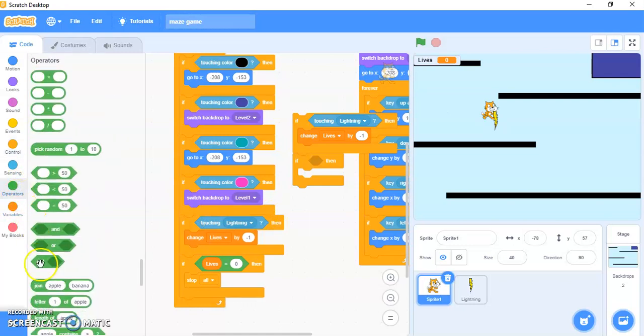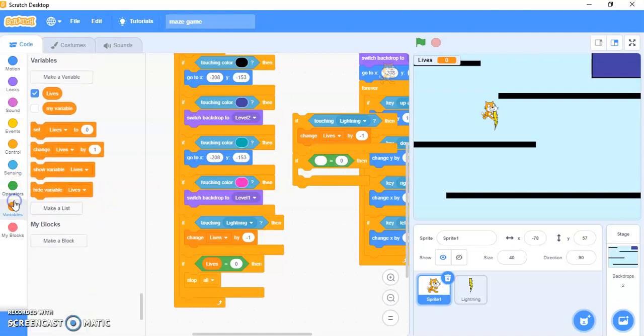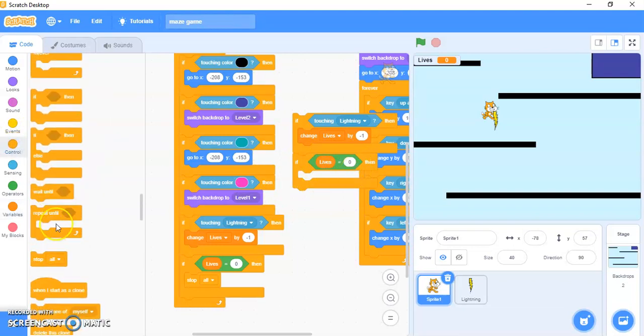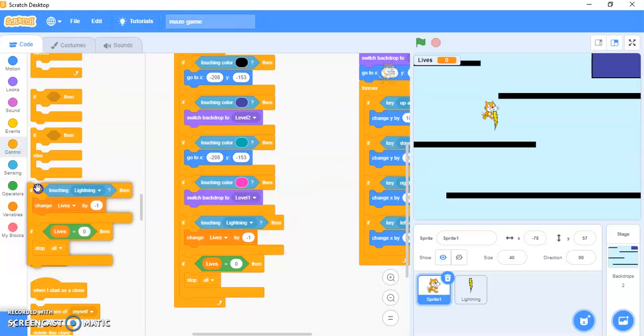Comparing comes in operators, take the equal to block, put it over here and change the value from 50 to 0, and for this one you go to variables, take lives and put it over here. If lives become 0, everything should be stopped. So stop all is in control. Just put it over here. So this is the whole block that I have added. This is how you can add it.